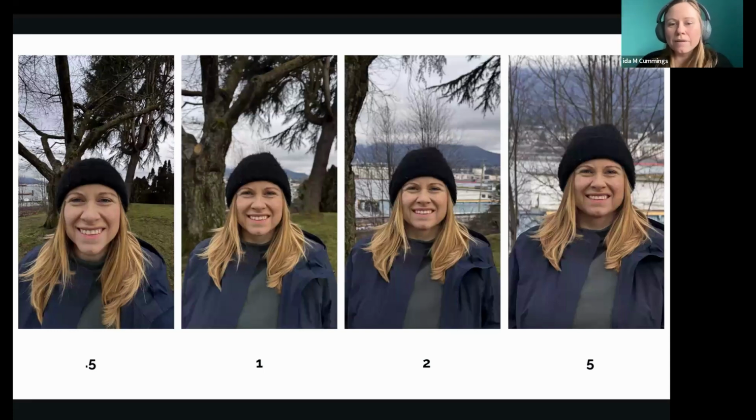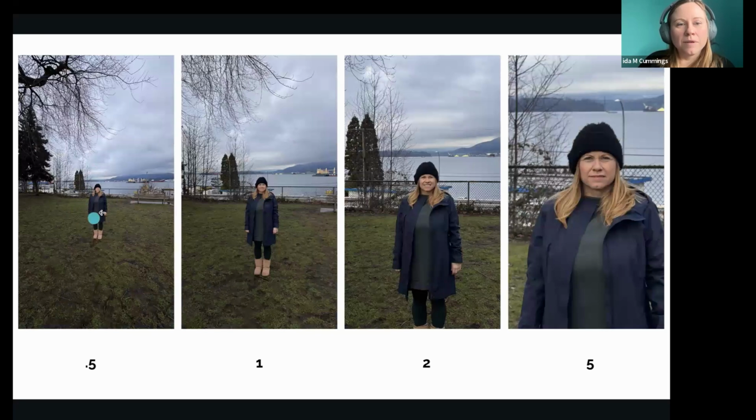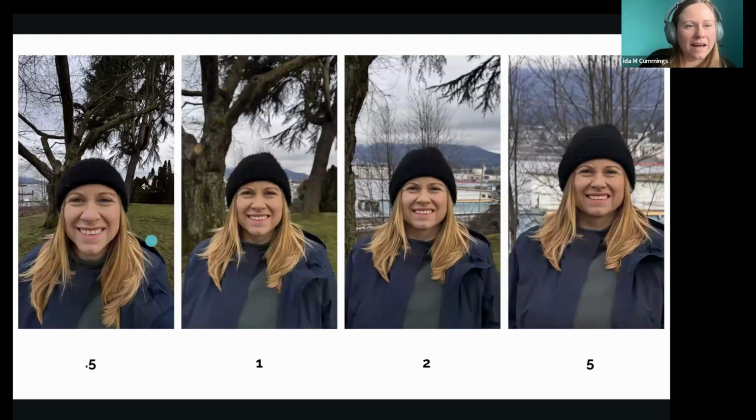So to compensate for this, if you can only get wide shots at an event because the room is really small, make sure your person is in the middle. You can see I look smallest when I'm in the middle here because of how it's warping. If people are on the side, because it's warping that side, you can see the trees aren't as straight. It's going to be way less flattering on people and they're not going to appreciate it.